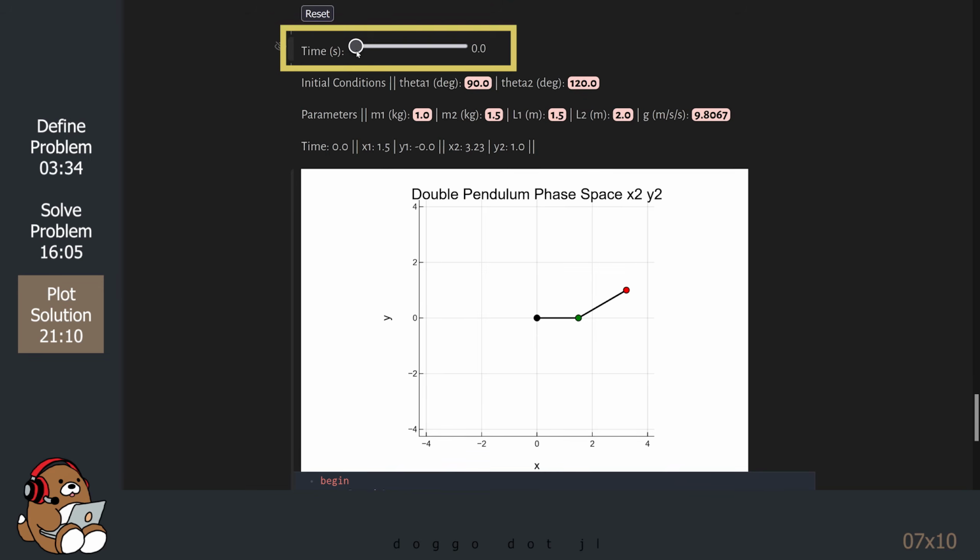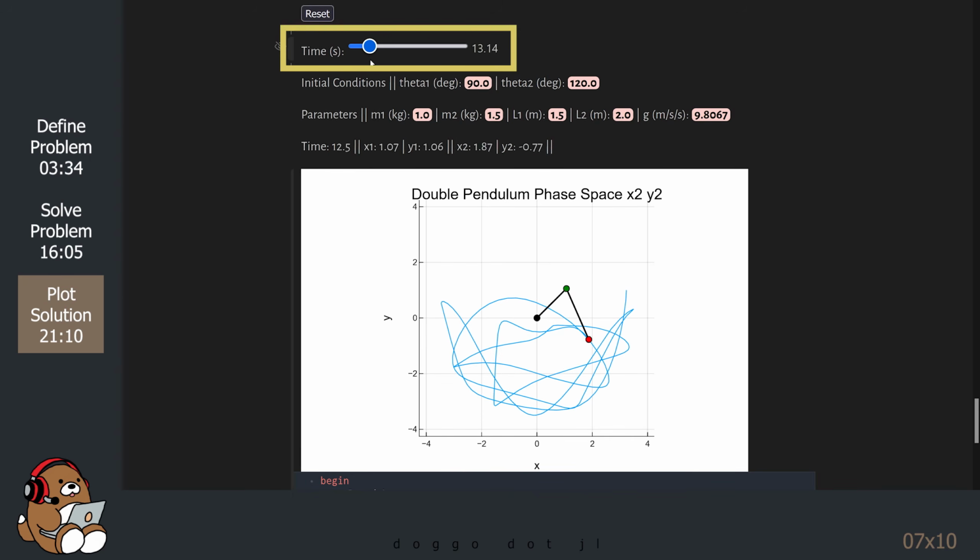As we move forward in time, you can see the chaotic trajectory for the red dot, or the second bob, depicted by the blue curves.